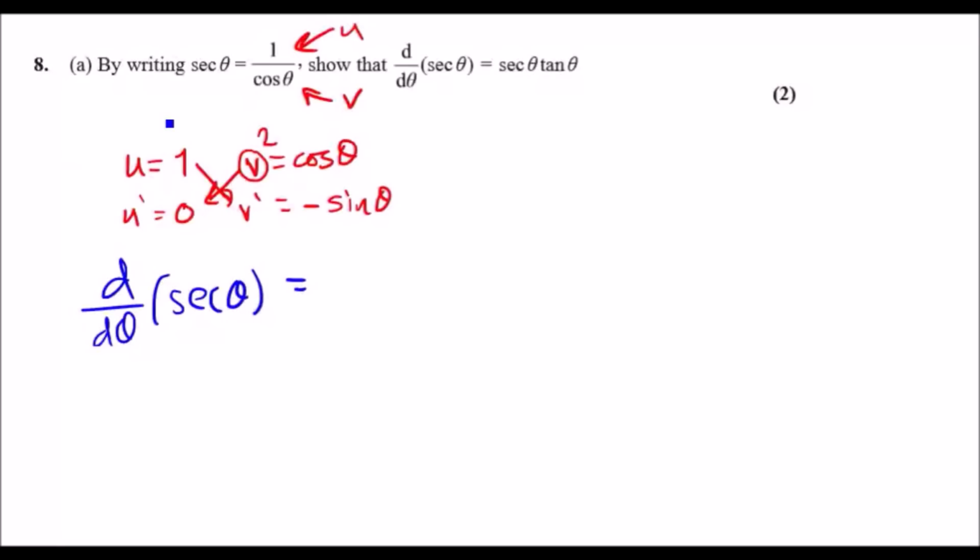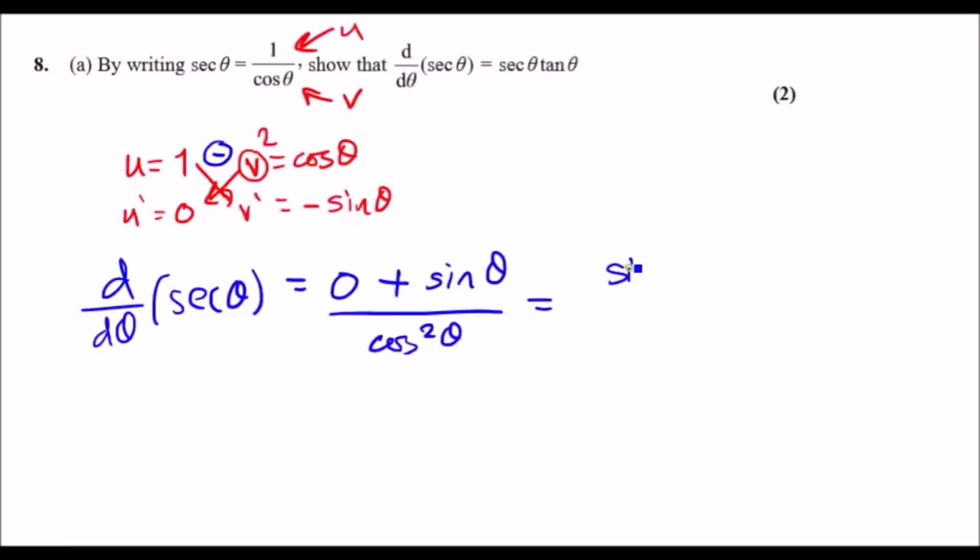So v times u prime, so cos theta times 0 is 0, minus, remember, you minus them, u times v prime, so 1 times minus sine theta, so it'll be minus, and because you already have a minus, there'll be plus sine theta. And all of this is over v squared, so cos theta squared, or cos squared theta. And of course, ignoring the 0, you've got sine